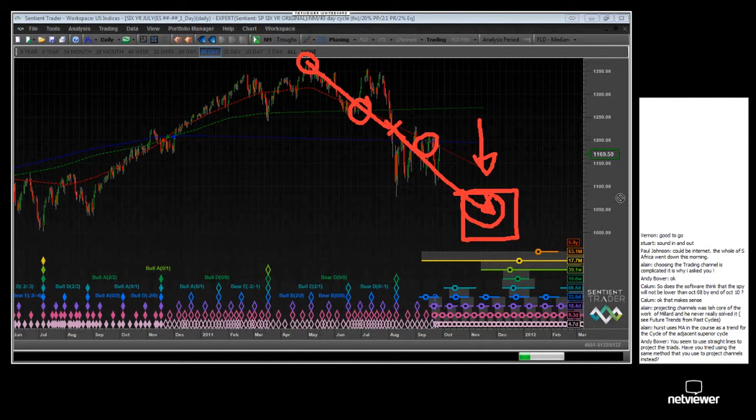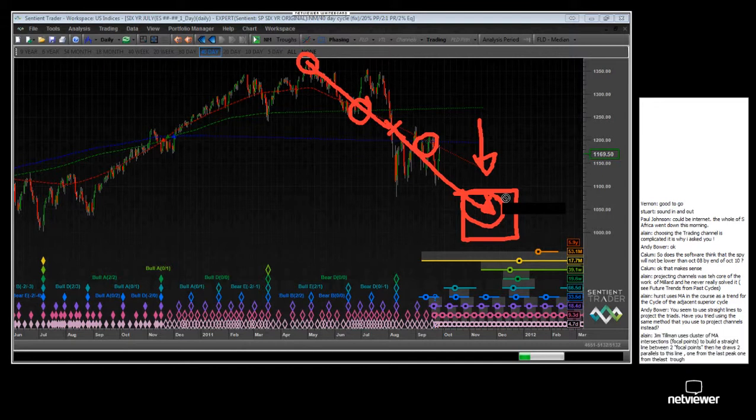Okay? So, what is that projection? Does Sentient Trader use that projection? Yes, it does. Sentient Trader calls that projection a refined FLD projection. Why a refined FLD projection? Because the half span and full span moving average process that was presented in